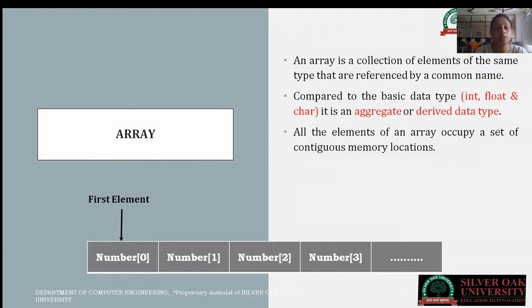Array elements start with index number 0 and end at your maximum value. That means if you create an array of size 10, the last element of the array is at the 9th index. If your array is of size 10, it starts with 0 and ends at 9. So you can store 10 different values in these different array locations.